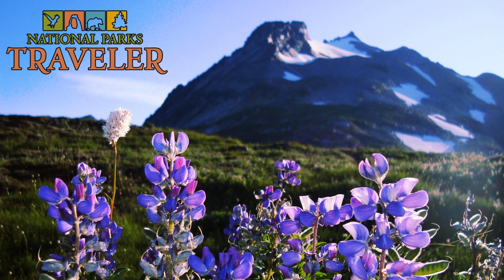Is that something that possibly could be opened up to bison and connect those two herds? Well, there would be a lot of things that would need to happen in order for that to become a reality. But I think as biologists and people interested in bison conservation, the more land, the more connectivity that we can secure for not only bison, but for any wildlife species will always help with their ability to